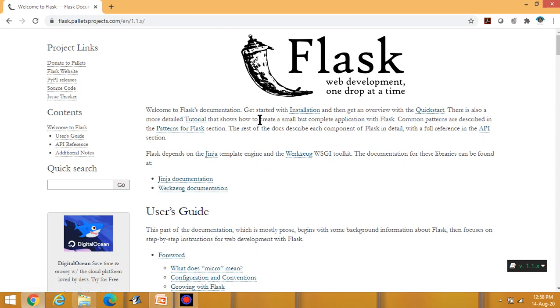Welcome to Flask documentation. Get started with the installation and get an overview. There is also a more detailed tutorial that shows how to create a small but complete application with Flask. Common patterns are described in the patterns for Flask section. By the end of this Python class, we will also discuss these patterns one by one.